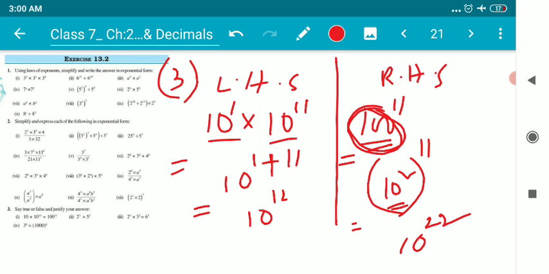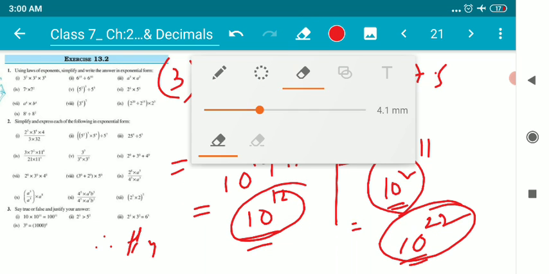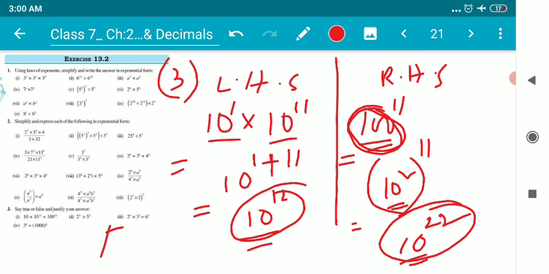Okay children, so now if you look at these numbers, LHS and RHS, they're not similar. 10 to the power 12 is of course lesser than 10 to the power 22. Yes, so they're not similar, it's rather less. So we'll write therefore they are not equal. That means we can simply write it's a false statement because in the question it was given as equal, so they are not equal. That's all. Children, this is how we have to deal with such kind of questions, and I hope it's clear.